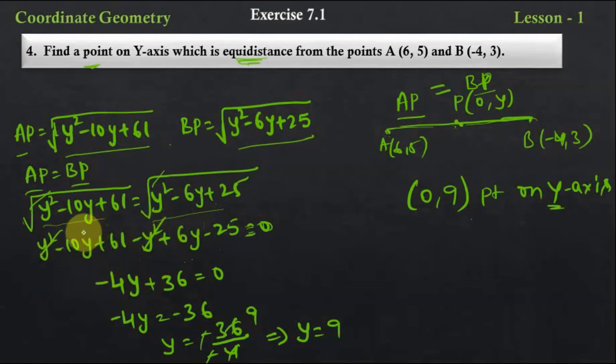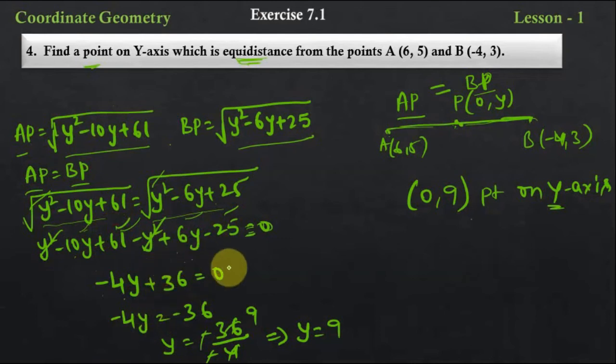So what is left here? Minus 10y and plus 6y. One has a negative sign, one has a positive sign, therefore we should subtract. 10 minus 6 is 4y, but the greater number's sign we should keep here. So I have kept minus 4y. Plus, if you see here, plus 61 minus 25. So here also one plus sign, one minus sign. We should subtract: 61 minus 25 is 36, plus 36. Why? Because the greater number is 61. Right? Is equal to 0.